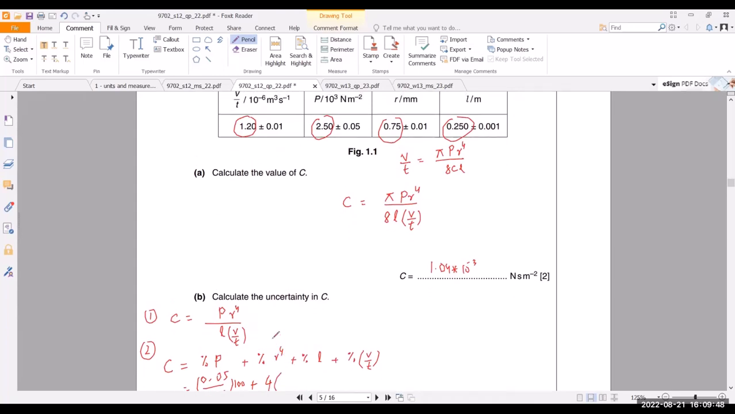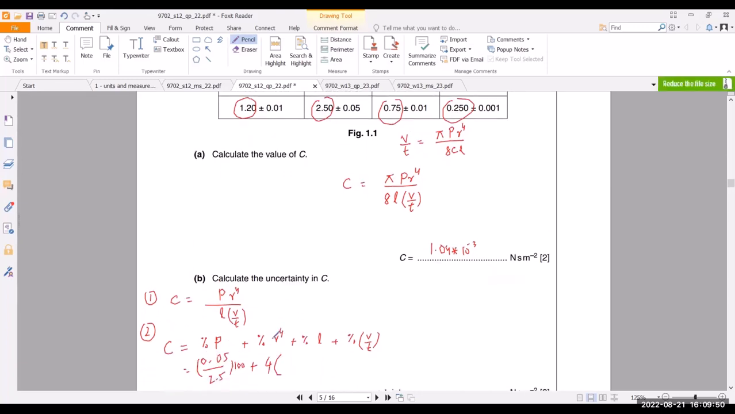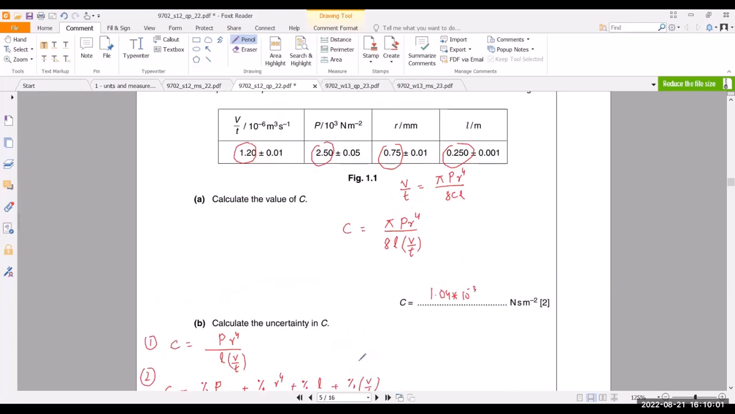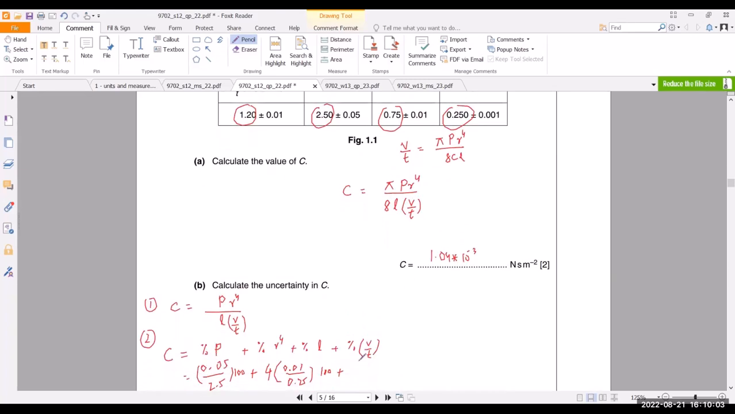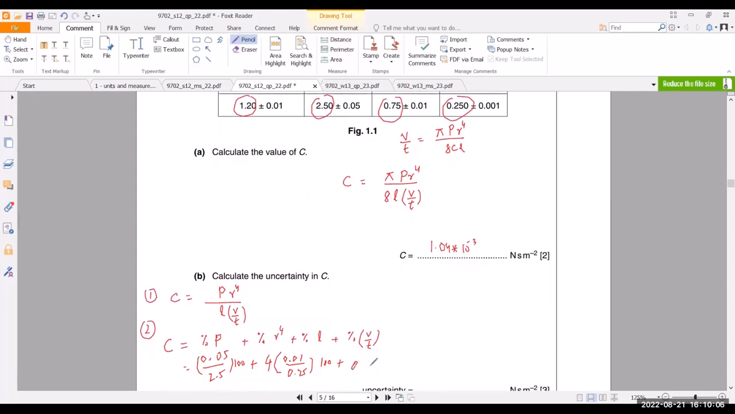What are the values of R? 0.01 divided by 0.75 times 100. Likewise, for L, now you tell, 0.01 divided by 0.25 times 100. And for V over T, we will have 0.01 divided by 2.5. So when we calculate all the percentage uncertainties, I think the value will come like,